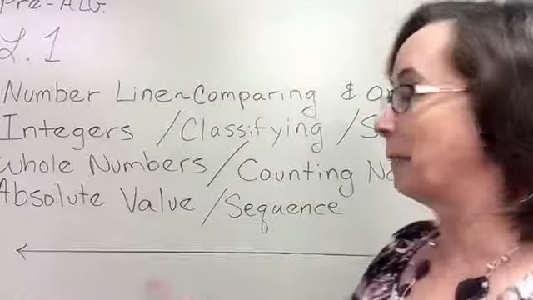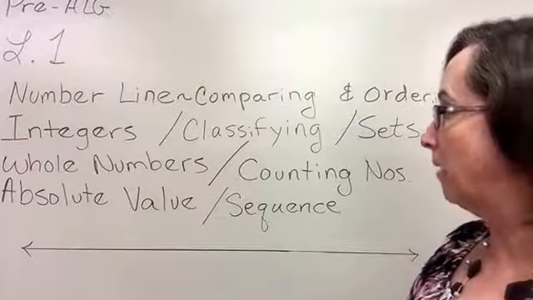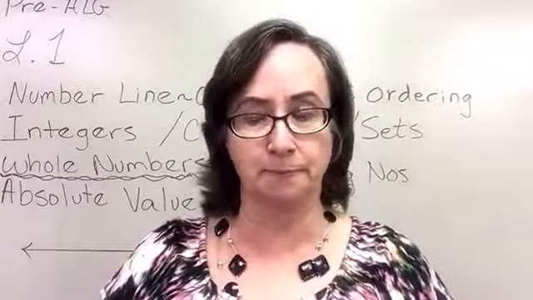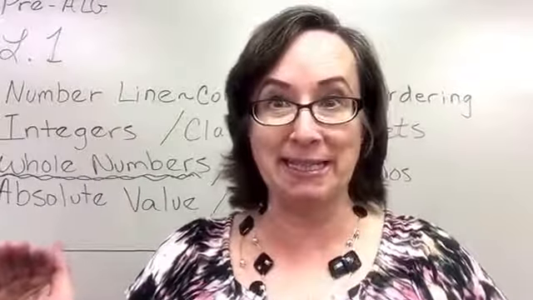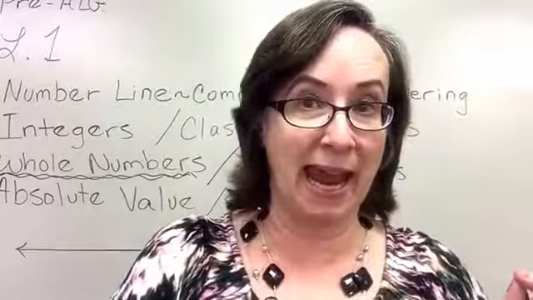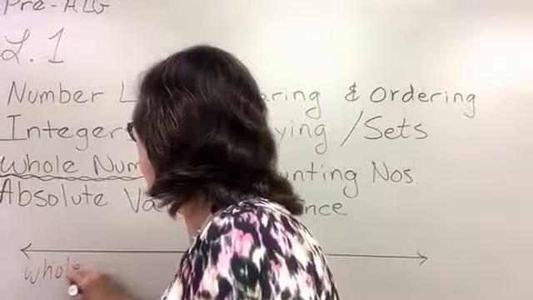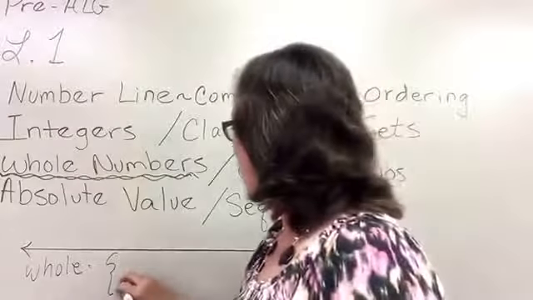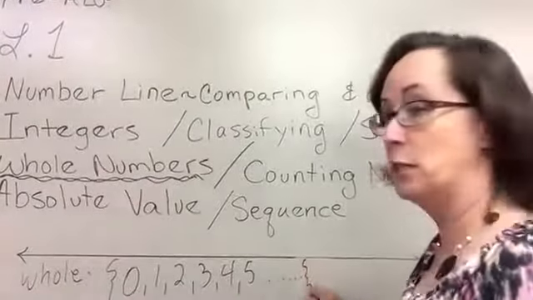I might not talk about these all in order. You can see I have a line drawn on the board, okay? If I'm going to talk about the whole numbers, do you remember what the whole numbers are? If you were in a classroom here with me, I would be picking out somebody raising their hand, and hopefully someone would say, whole numbers are all the counting numbers and 0. So we'll write this down here: whole numbers are the set, and we'll make our little set sign here. Set 0, 1, 2, 3, 4, 5, dot, dot, dot,